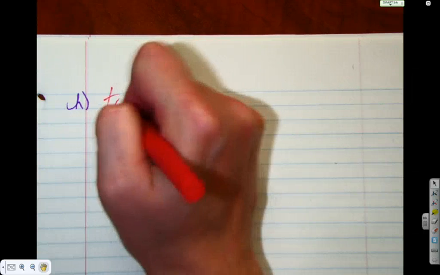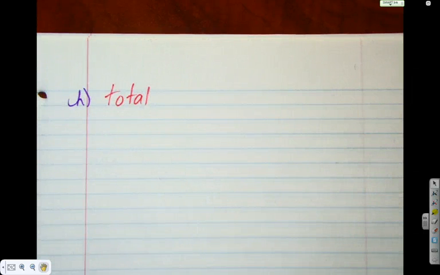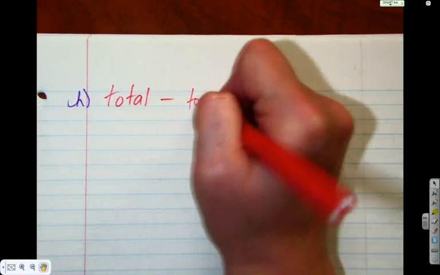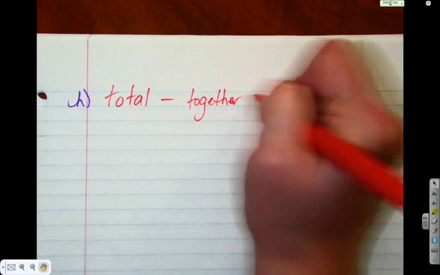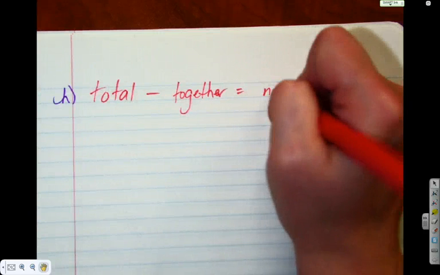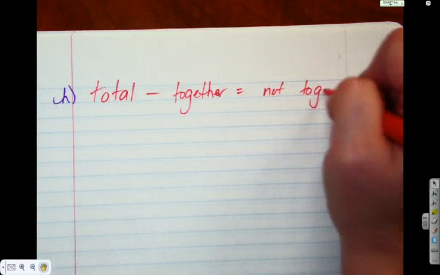If we took all the ways when anyone sits anywhere, we don't care, and we subtracted when they are together, it has to equal when they're not together. So the way we do people who don't want to be together, or books that can't be together, or whatever, is we calculate the total, which I'll explain in a second. We minus when they are together, and that has to be when they're not together. Only two possibilities.